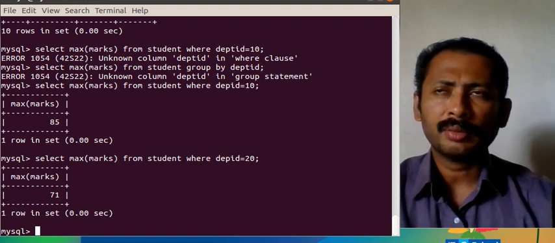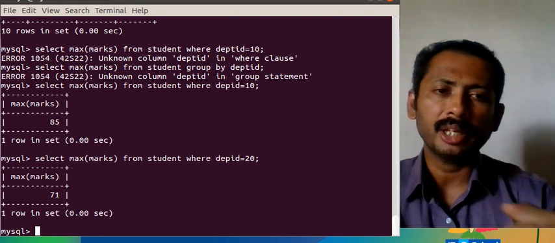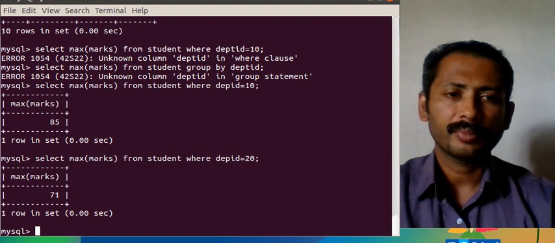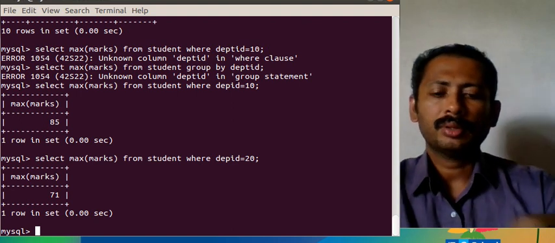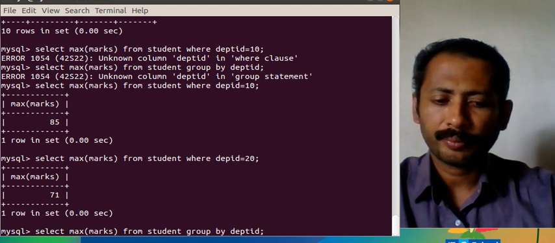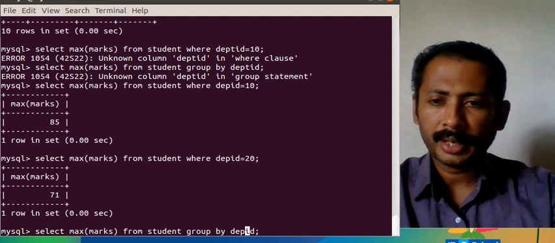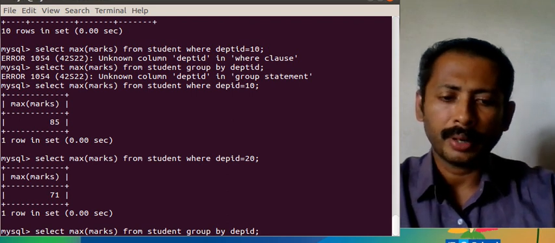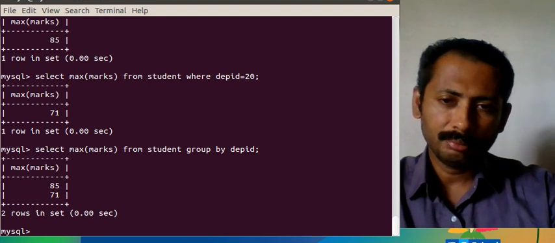So if my question was to get the maximum marks of students in each department, for that we are using the group by clause. So that is select max marks from student group by department ID. So we got the maximum marks